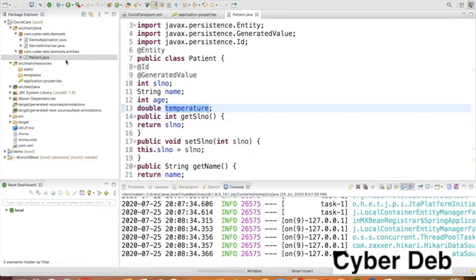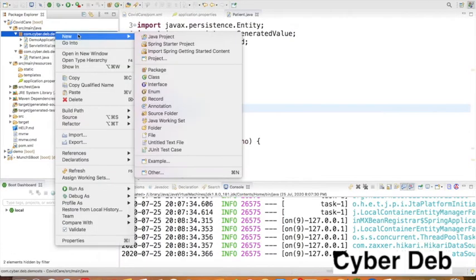Now next thing, you have to create an interface. That interface is going to be called the repository interface. That is going to be the JPA API provider to our Spring Boot application. Again, I will create a new package in the root package.